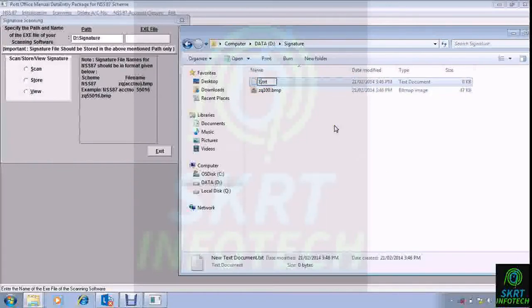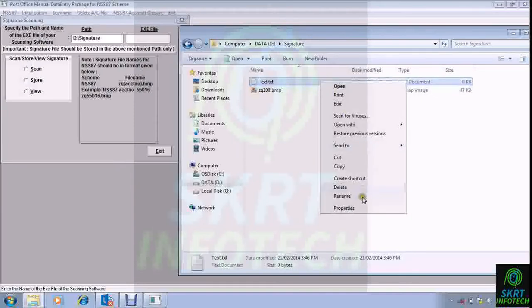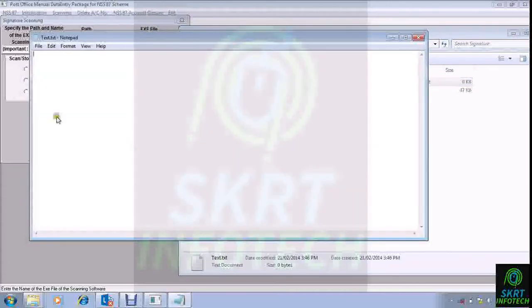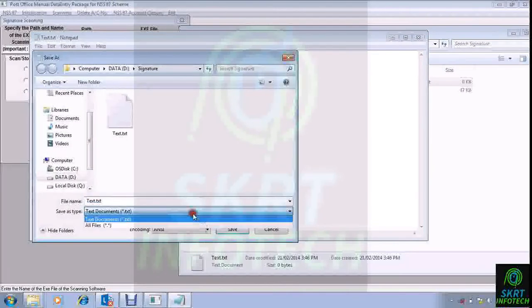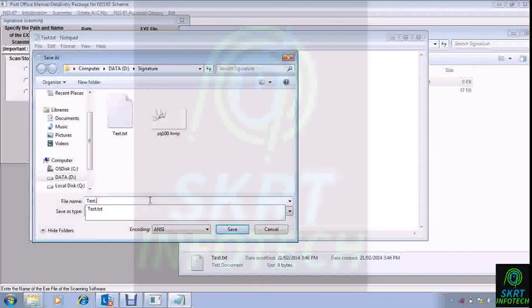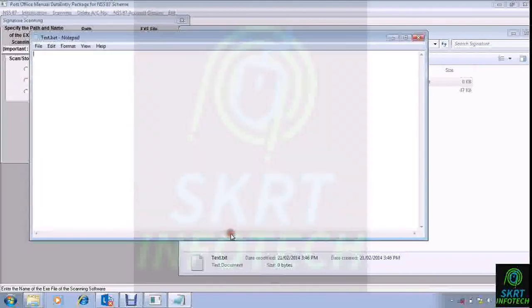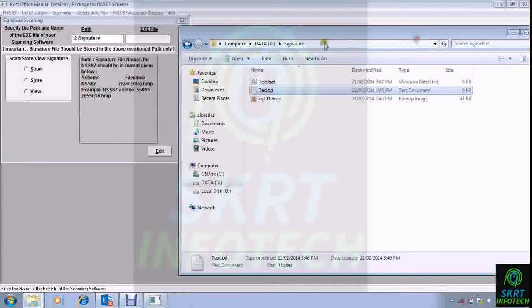So you will have to give text, just file, save as, .bat, and save. So this is saved as a batch file.